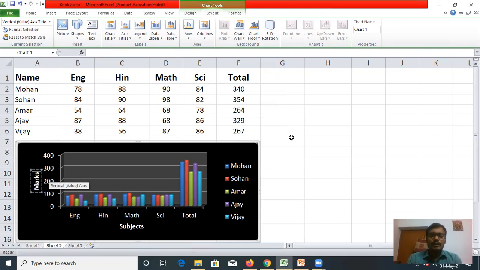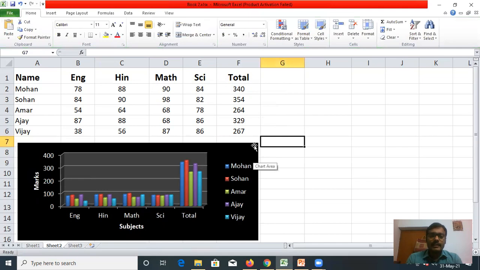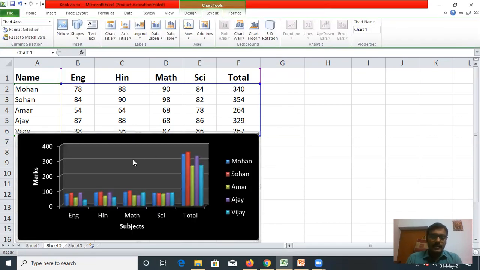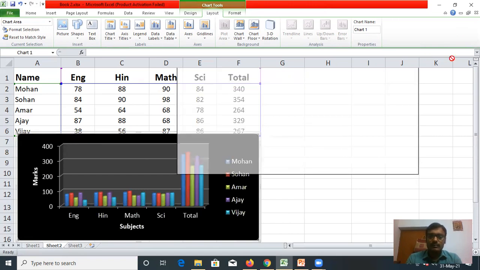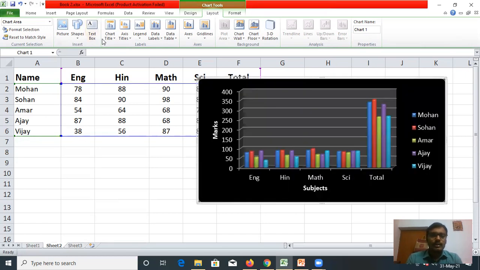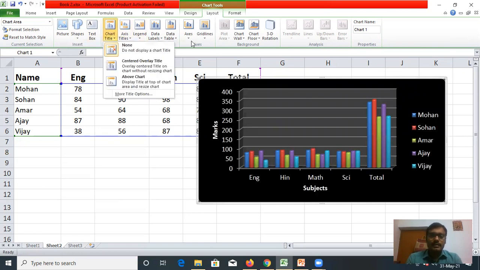Now you can also create a title for the chart. Okay, you can create a chart title for the chart also. Go to the first, select the chart, then go to the chart title. You can select any title.